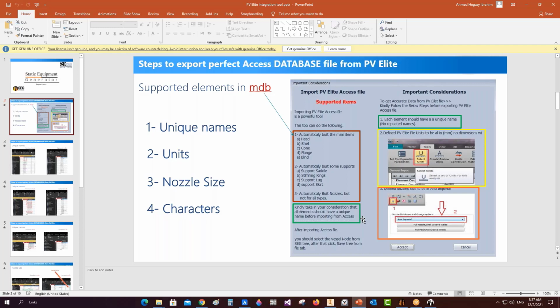Okay. The second point is units. You should make all length units in millimeter, not in inches. The third point, make the nozzle size in imperial. And during importing